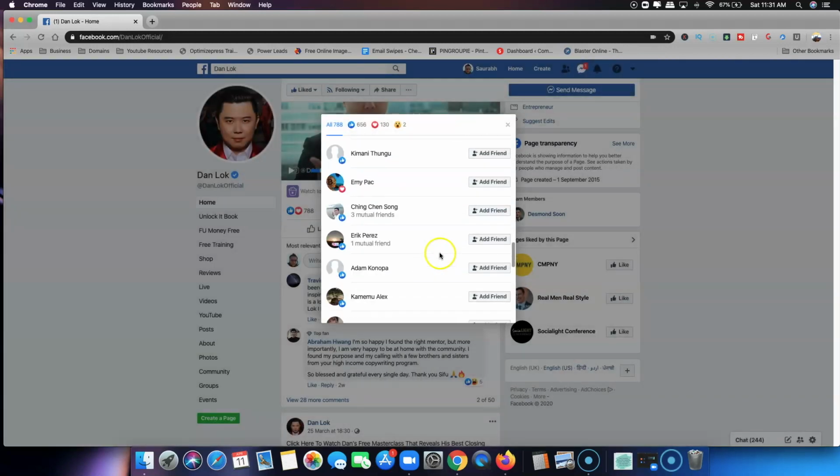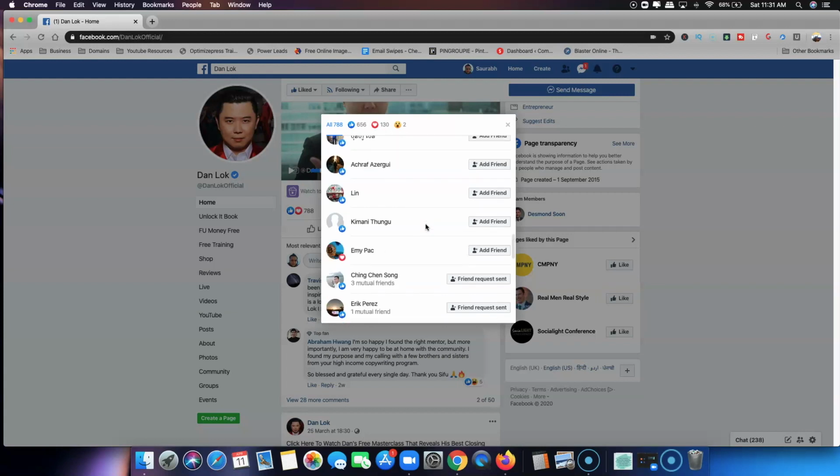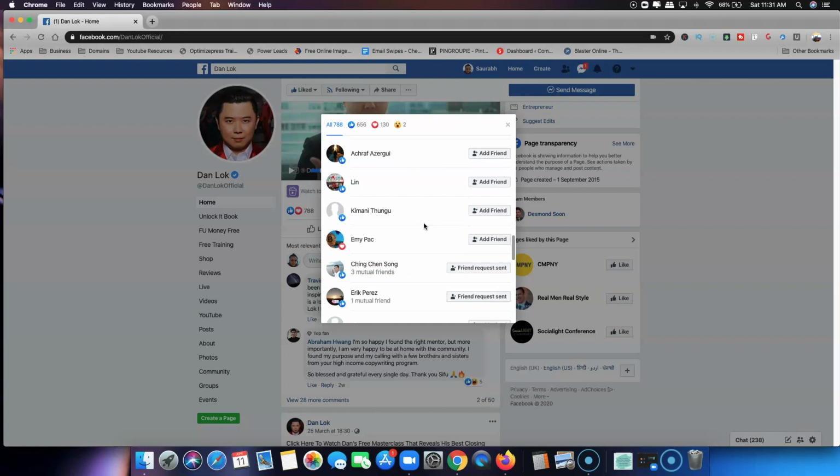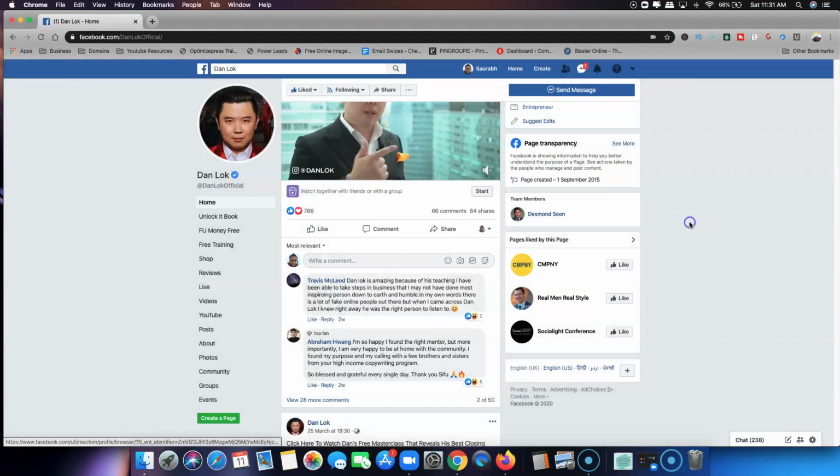You can say confirm, you can say 2, 3, 4, 5. So that is how you need to send the request. And again, as I said, you don't have to send bulk requests in one go. Take it easy with sending the request, depending on how old your account is. So that is one way, a manual way.